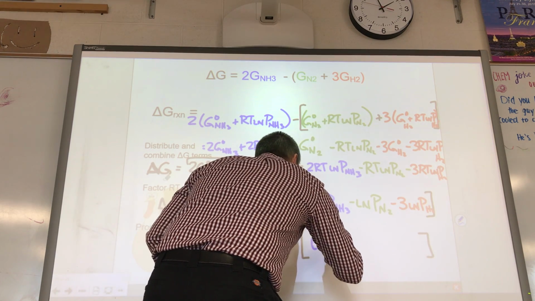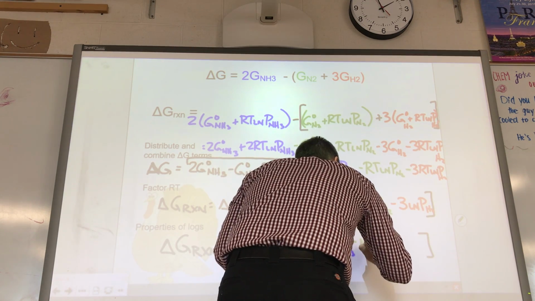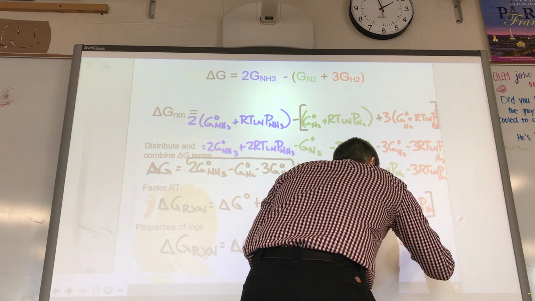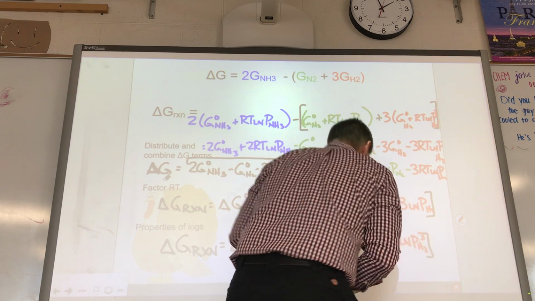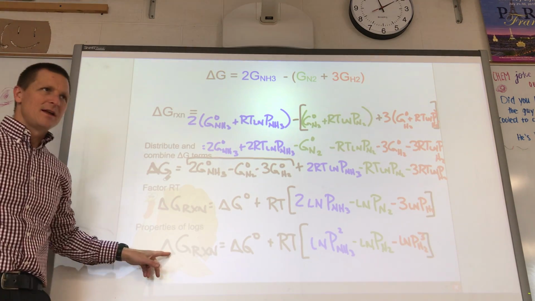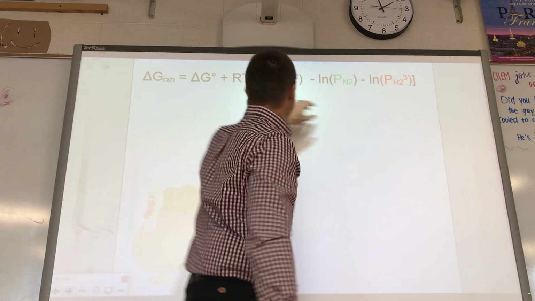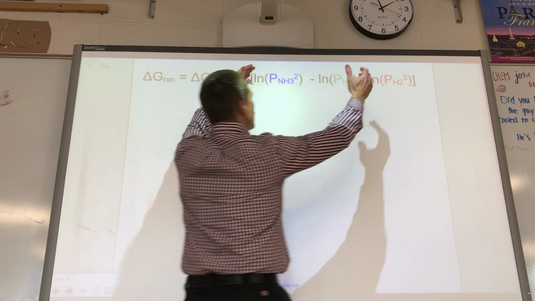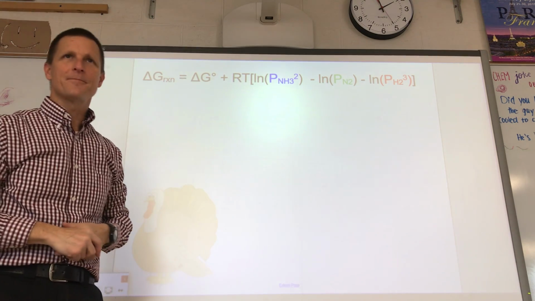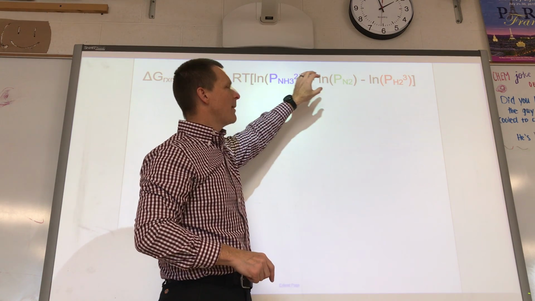Okay, so it's ln of the pressure of NH3 squared minus ln of the pressure of N2 minus ln of the pressure of H2 cubed. Like that. This equation, if I go to the next slide, is that equation up here. It's the same thing. I have delta G standard plus RT times this whole quantity. I have raised the coefficients as powers on the pressures. See that? One more thing about when you have the natural log of something minus the natural log of something else,